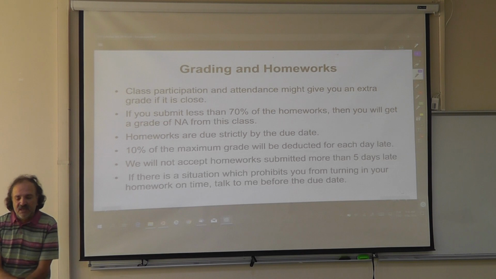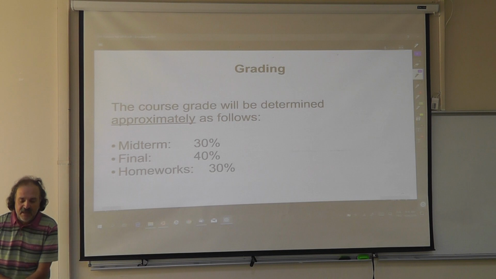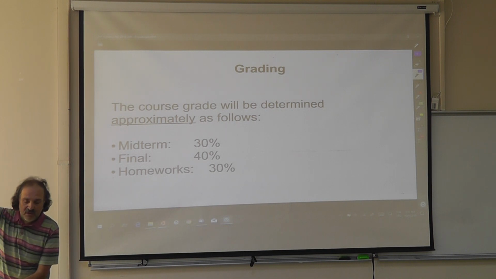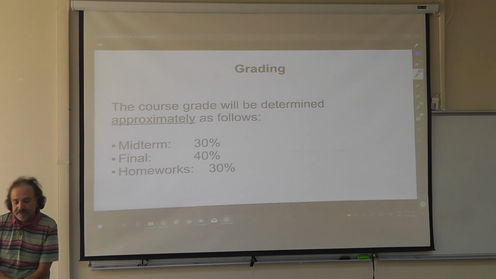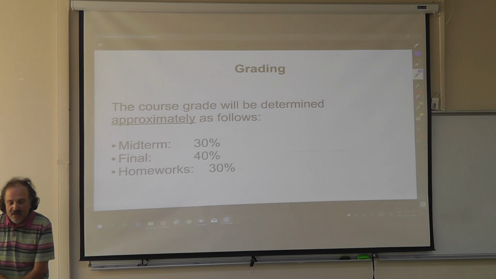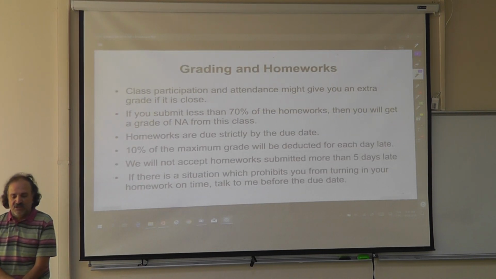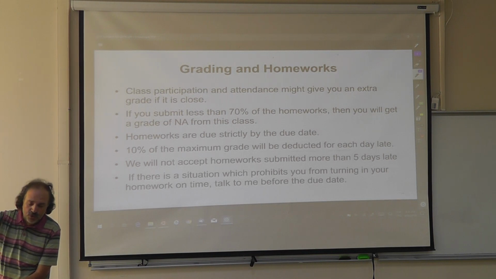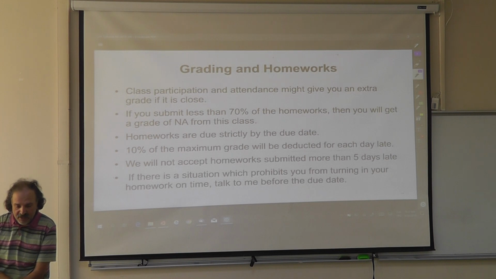What else? Okay, class participation attendance might give you an extra grade if it is close. At the end of the semester, I will put these rules on my Excel sheet, and I will order all of the grades from the highest to the lowest, and I will assign the letter grades from AA to FF. Some of them will be NAs because they are not submitting enough work. If your grade is at the border, but let's say your grade is 81 and 82 is getting AA, but you are getting BA. If you are in the class, if you are active, if you are asking lots of questions, then I may push you from the BA group to the AA group